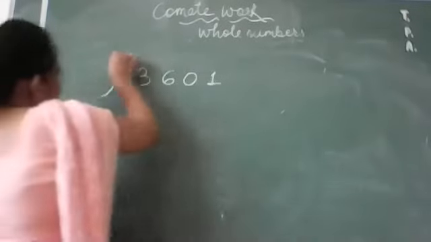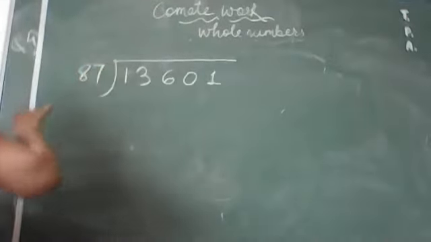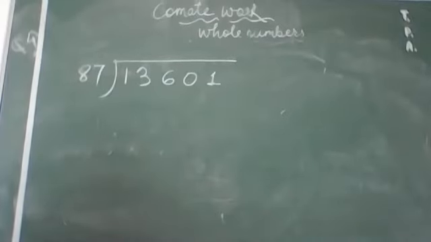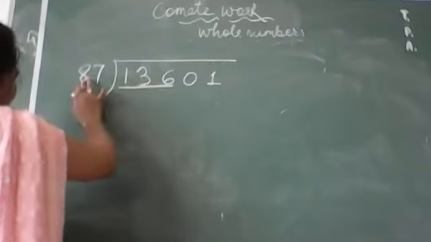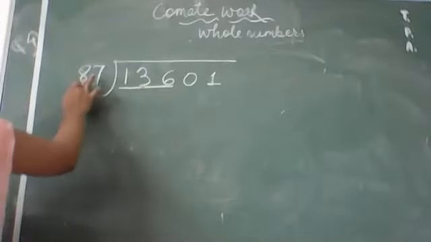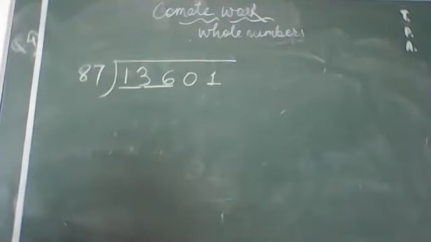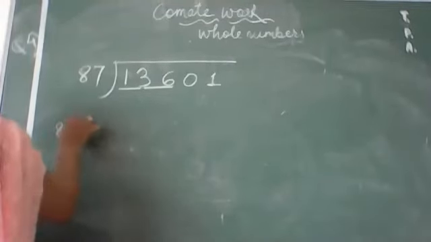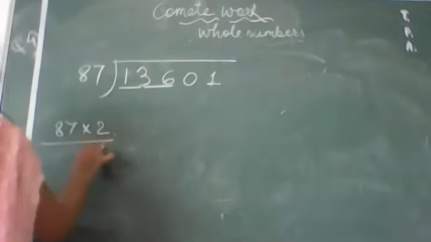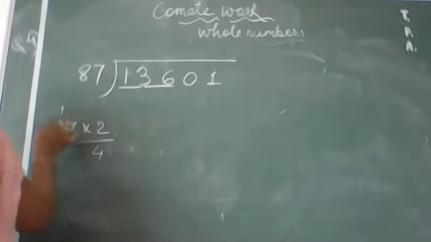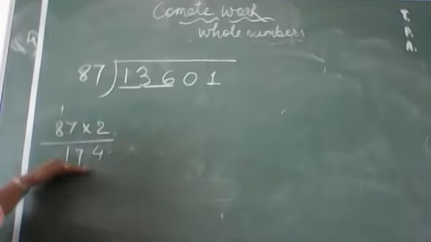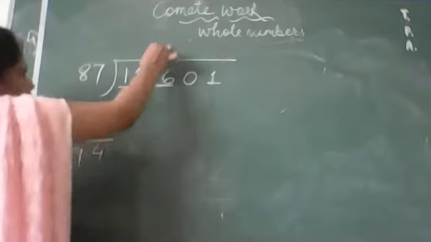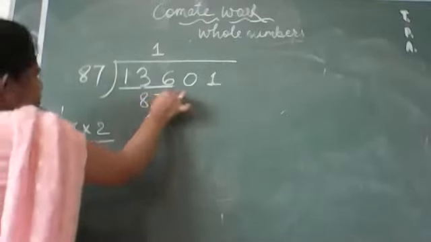So we will divide this number by 87 and let us check whether it is completely divisible or not. Let us divide along with me. Please do it along with me, beta. So first of all, 87, then you know we will take 2 digits, here also 2 digits, but 87 will not divide 13. So we will take 3 digits at a time. So now let us see 87 2 times, what is coming. 2 7s are 14, carry 1, 2 8s are 16, 16 and 1 is 17. It means 174. A greater number is coming. So we will only take 1 time. That will be 87 only.